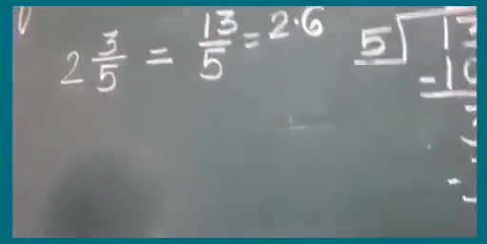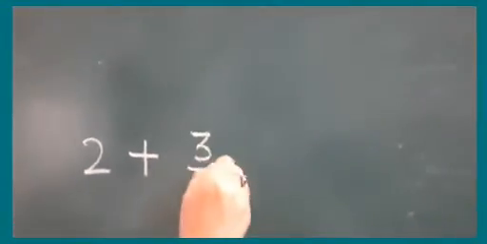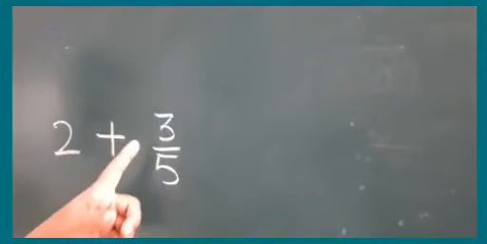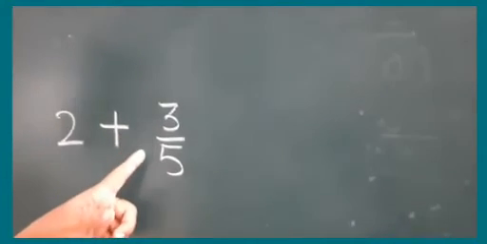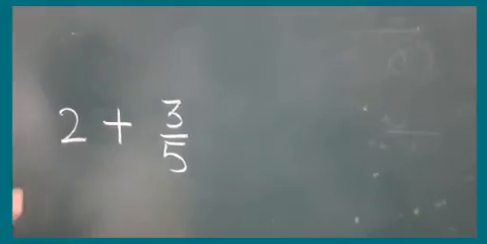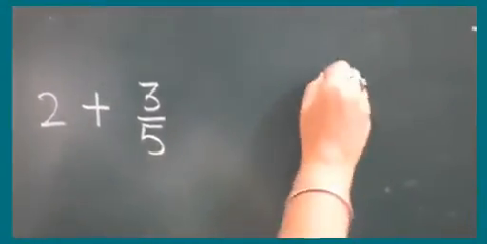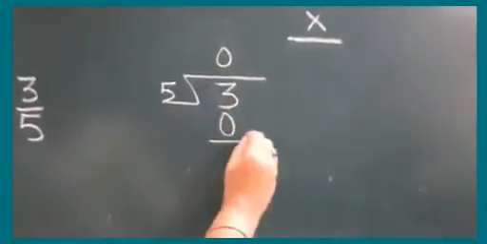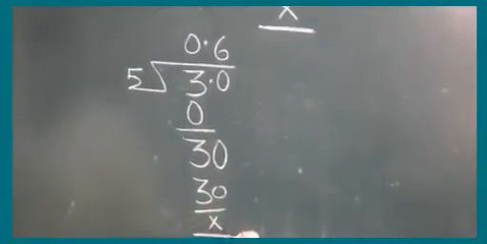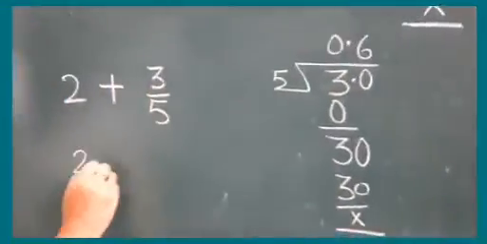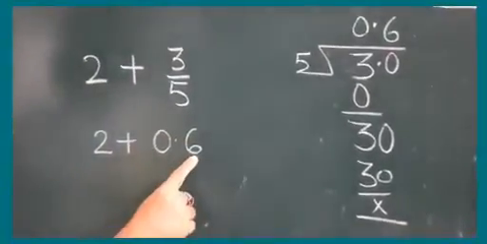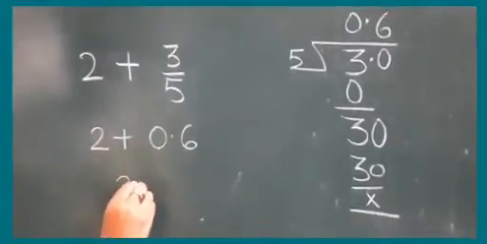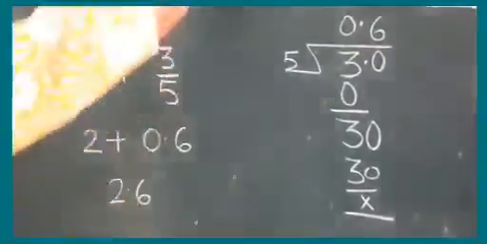The other way is that I can simply say 2 plus 3 by 5. I only need to convert this 3 by 5 into a decimal number, and whatever will be my answer, I will add that number to 2. So I will divide only 3 by 5. Now 3 is smaller than 5. So 5 zeros are 0 and remainder is 3. I have put point and 0. First shifting point here, 0 here, 5 6s are 30. So my decimal number is 0.6. So I can say 2 plus 0.6. This is the decimal part, this is the whole number part. So on adding I will get 2.6. You can see that both the answers are the same.